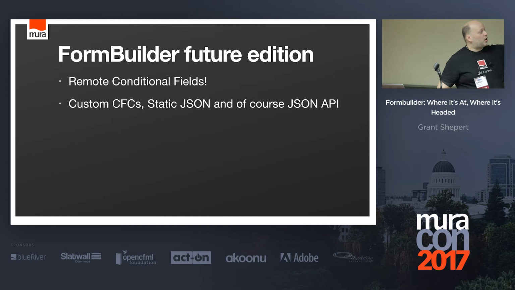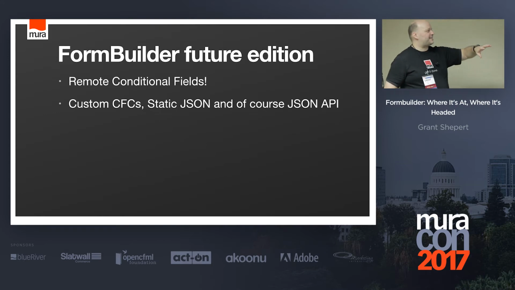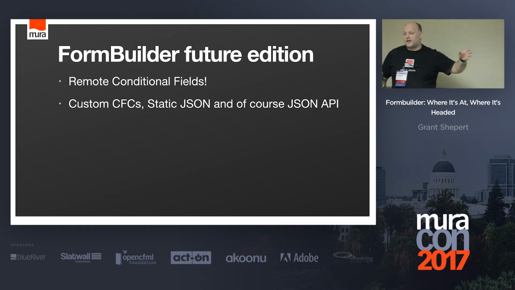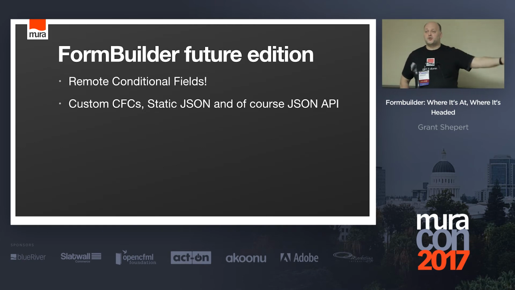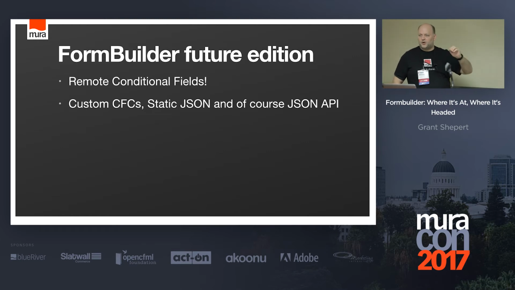So it can call out to a custom CFC. It can call out to just a page of static JSON, if you just want to literally type in static JSON, or the JSON API. So if you wanted a list of users automatically available in your form, you could just refer to the users endpoint, and you can put conditions in that string too. So you can say all the users in a certain group and just give me the top 20, or things like that. So you can type that in. The way we do that,